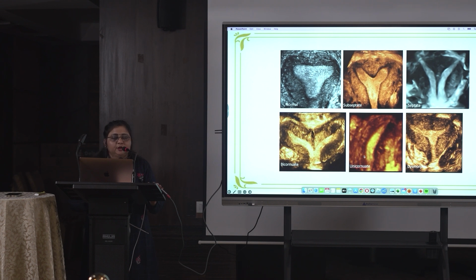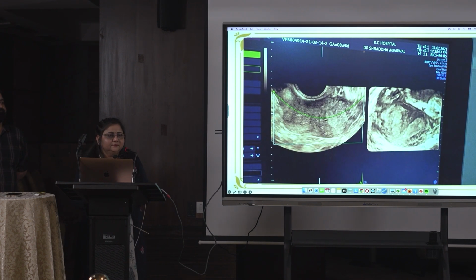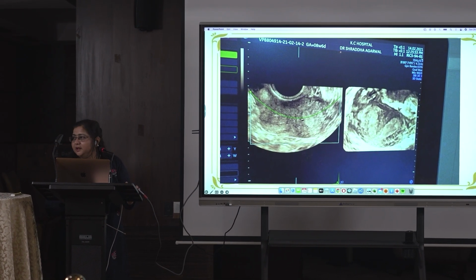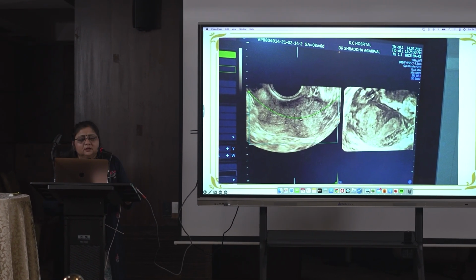So this is unicornuate, it has eccentric endometrium, and this is a very narrow cavity. With this angle, you can see that it is a T-shaped uterus. So this one, you can see on 2D, we can see two endometria here. See the angle between these? That's why I have kept the cases here.